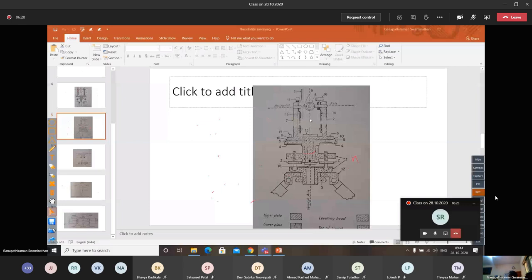The first condition is that when the plate bubble is at the center, the vertical axis is truly vertical. How do you define the vertical axis another way? The vertical axis is given by the plumb bob. You can suspend a plumb bob, and it defines your vertical axis; the extension of it is the vertical axis. Everything is attracted towards the center of the earth. So you have a vertical axis.